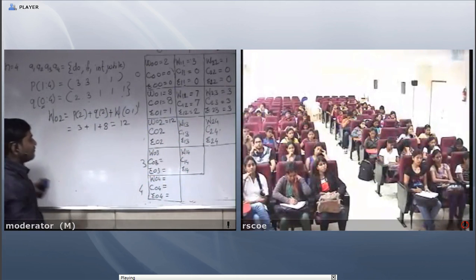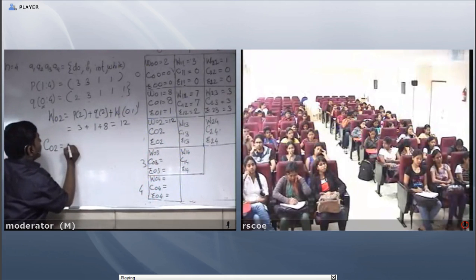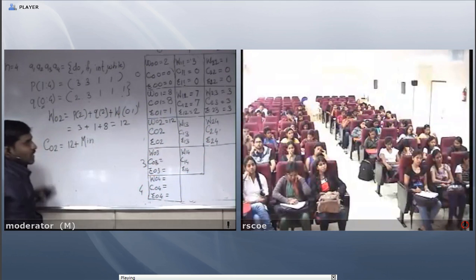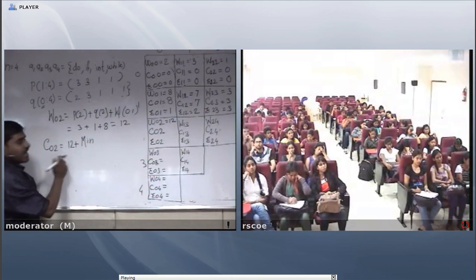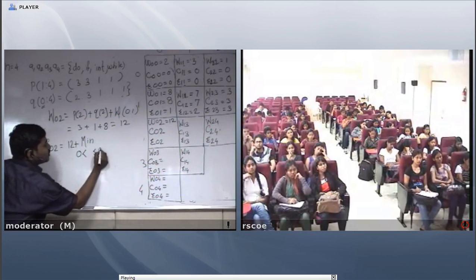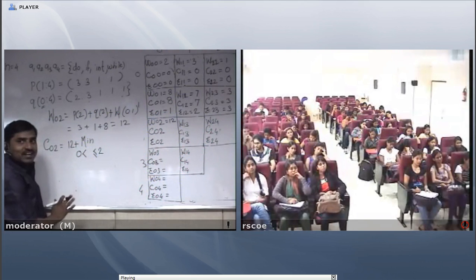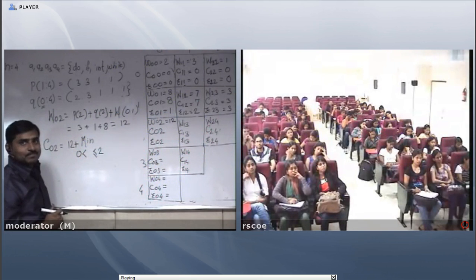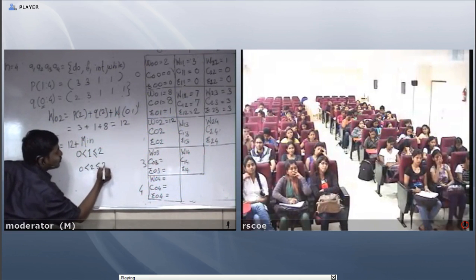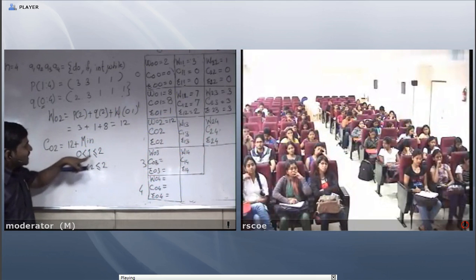Now see the very important step, C of 0 to 2. I consider first the weight of 0 to 2, 12, plus minimum. What is the value of I and J? I is 0 and J is 2. Now I want to check which root will be the best. I can insert 1 also and I can insert 2 also. I can insert 1, it satisfies the condition.